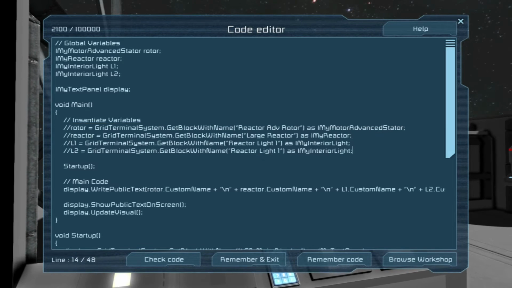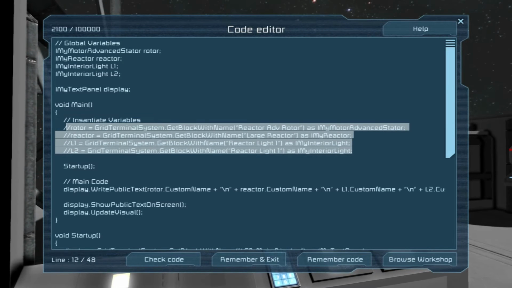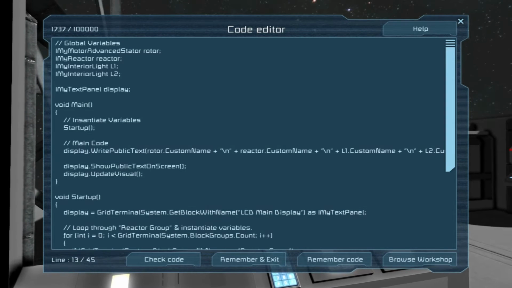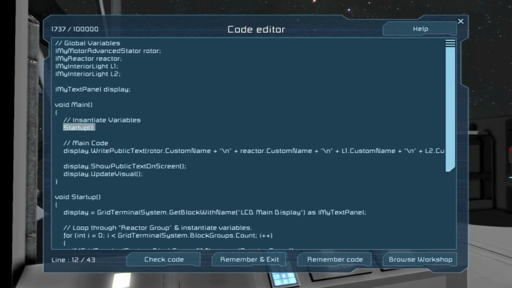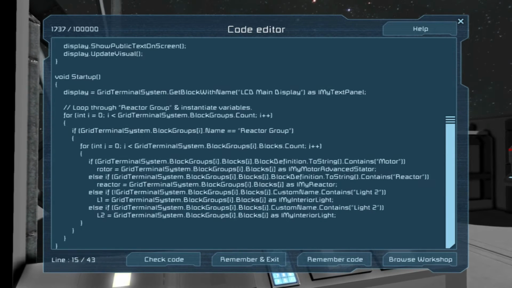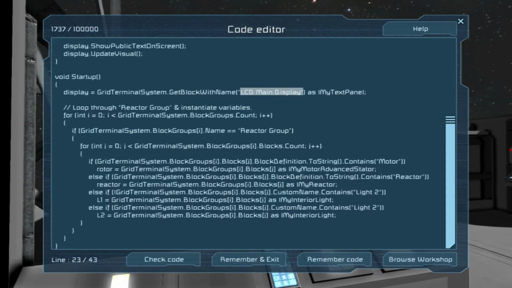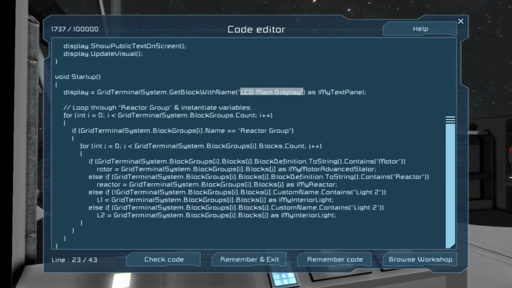It's doable. But for now, we're actually going to remove this because it's just commented out anyway. And you'll notice we're leaving here a method called startup, and then it goes right to main code. Startup is down here. So what I did was, first off, we set up our display, which I use as the name, because I always have this. We don't need a display for this code. I'm using it for debugging, so this will get ripped out whenever this actually is finished.